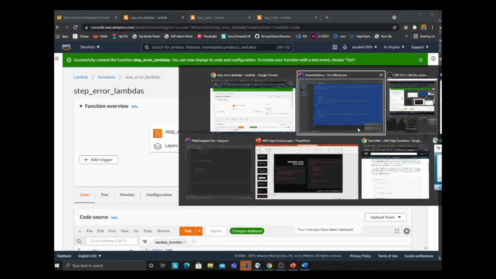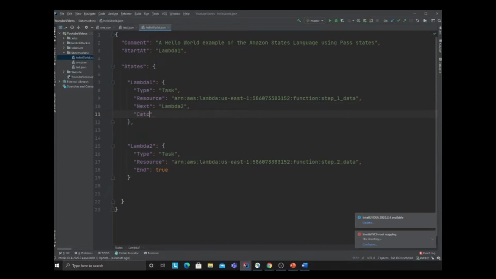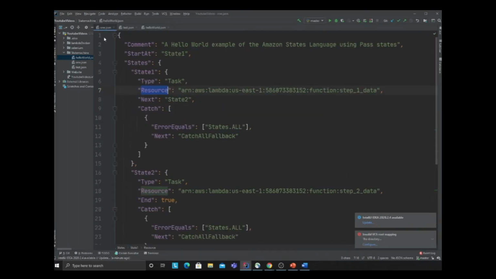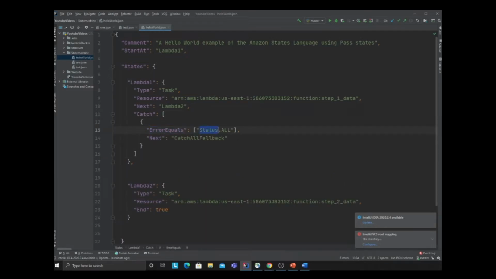Copy the ARN. Let's head over to this section. So we had this one, right? Now you would like to add some error policies, right? So in step functions, you could do that using a catch block, which is an array of documents. Now here, I'm gonna show you something. If error equals States.ALL, that means if anything goes wrong, I would go to the state called catch fallback,